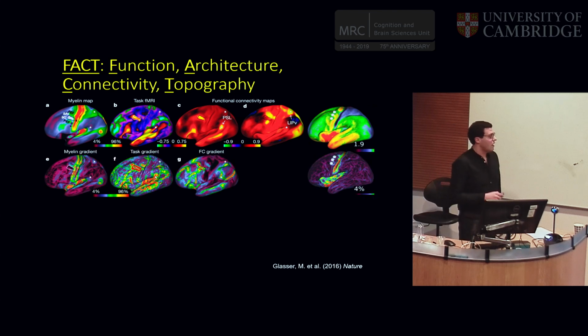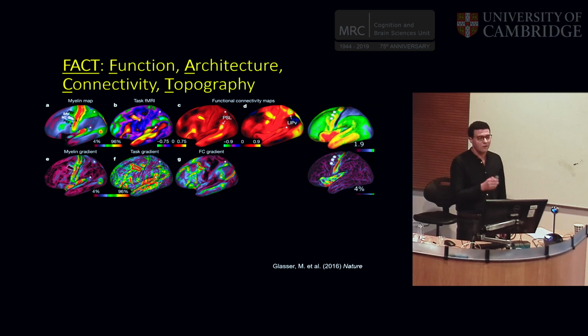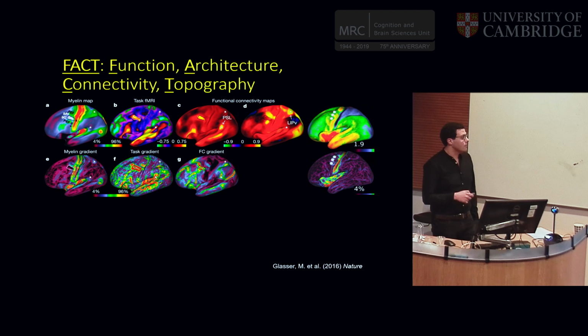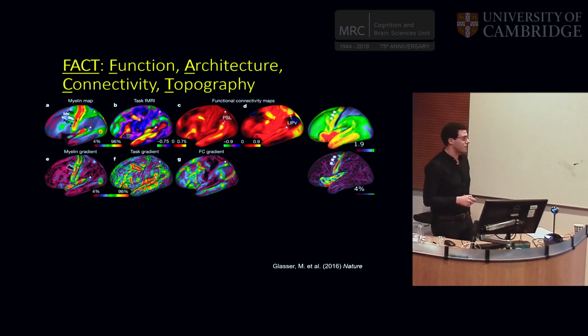So how can you draw lines? The common approach used in the literature is to have statistical thresholds, but statistical thresholds are not necessarily going to follow the biological boundaries between areas. A different approach is to use gradients, which is the first spatial derivative. In other words, it highlights regions where there is a fast change in a small cortical area, which is more related to biological borders and better than the statistical thresholds. So if you draw the lines across the hottest lines here,